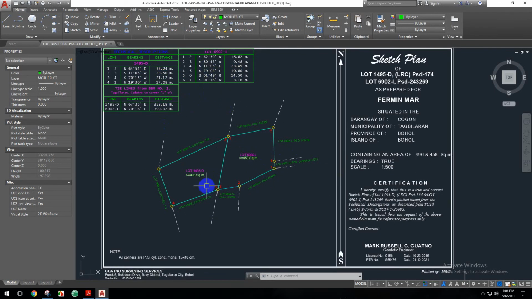So when you go to the field, for example, to relocate points 1, 2, 3, 4, there is a big chance, a big probability, that when you measure 1 to 2, it will not be 33.24. Let's say you measure 33.22 or 33.25. That is your measured value. The true value is 33.24. So let's say 33.25 is your measured value. The difference from the true value is 1 cm. That 1 cm is what we call error. Okay?